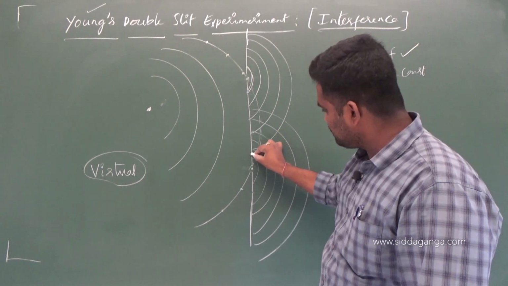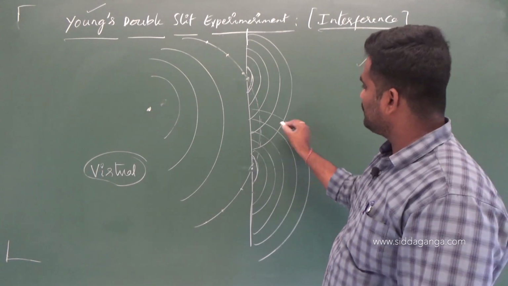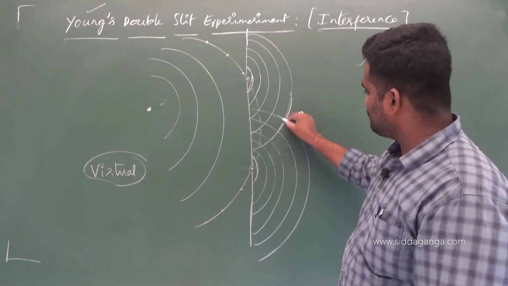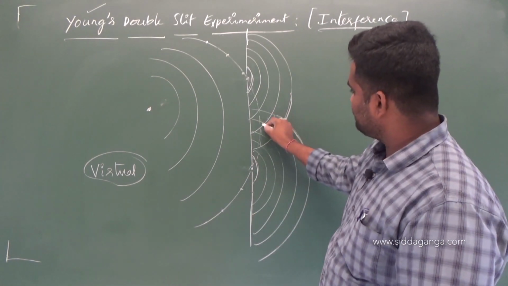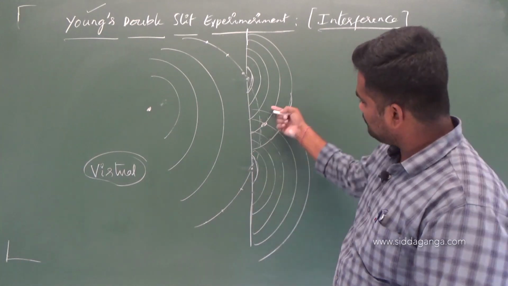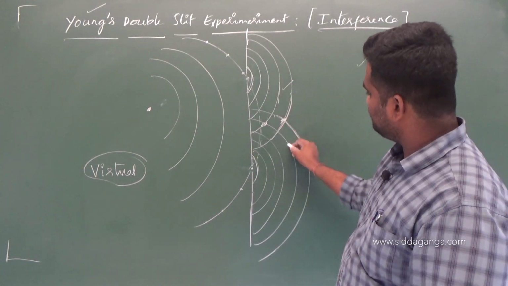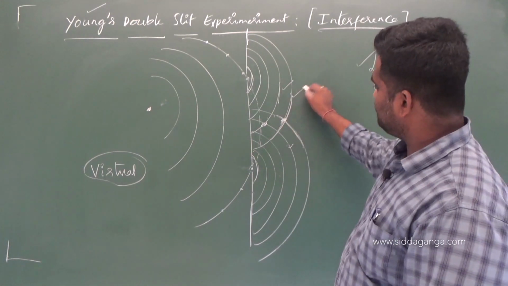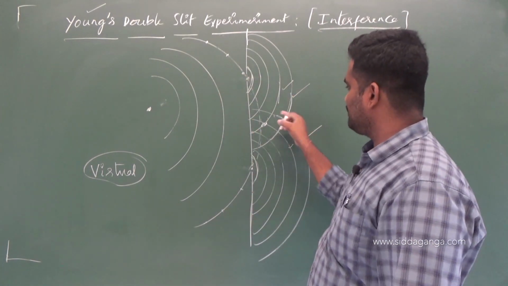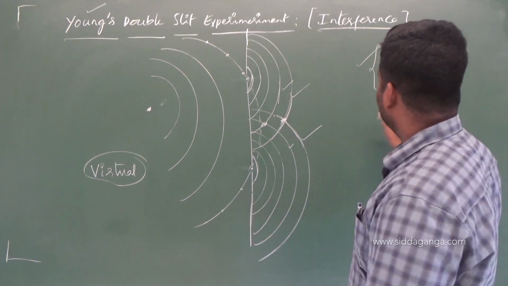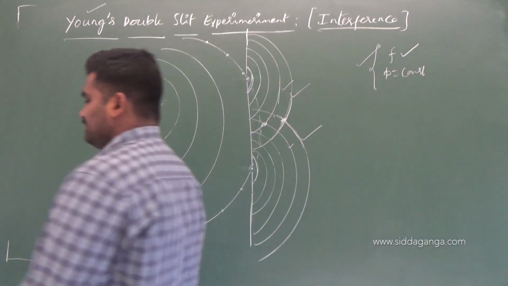Once the coherency condition is satisfied, the waves coming from this virtual source and the waves coming from the other source will superpose. This one wave has been superposed on this. The wave of the first slit and the wave of the second slit have superposed. It means light waves coming from two sources are going to be superposing now. And finally, they will form a certain intensity pattern on the screen.